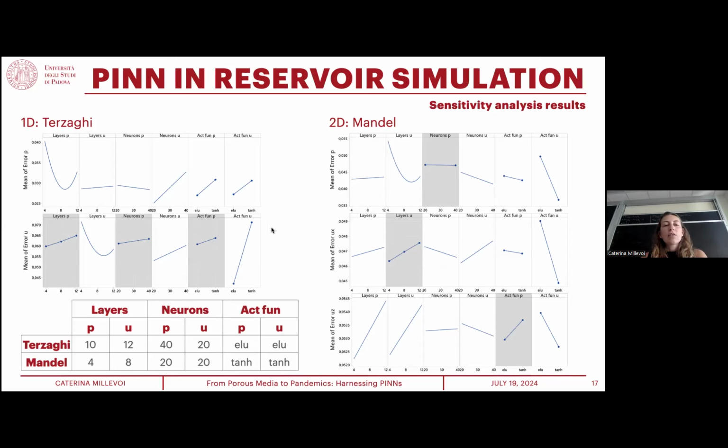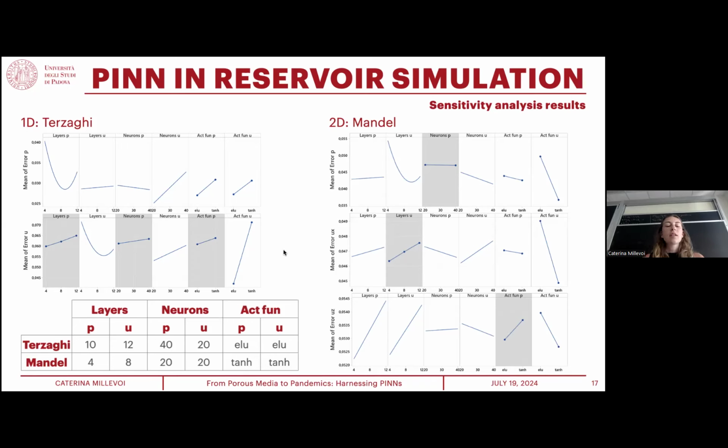As you can see from the plots, there are some hyperparameters that are more relevant than others. For example, the activation function for the displacement turned out to be an extremely significant hyperparameter. Given this result, we performed a response optimization,